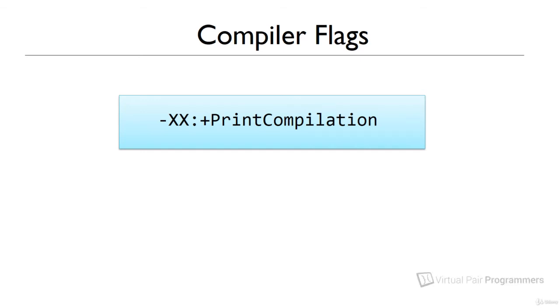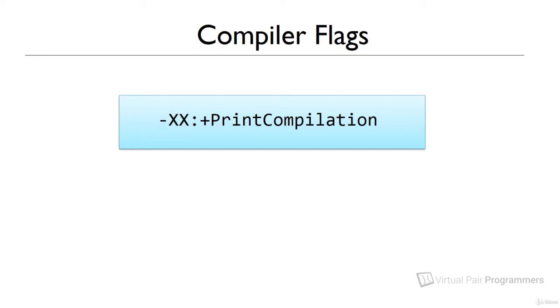Now, the way that we can find out what kind of compilation is happening when the Java virtual machine is running our code is by providing a flag to the Java virtual machine, which is -XX:+PrintCompilation. This is the first of the virtual machine flags that we're seeing in this course, and most of the flags do follow this format. -XX means this is an advanced option, then there's a colon, then we have a plus or a minus, which indicates if we want the option to be switched on or off,